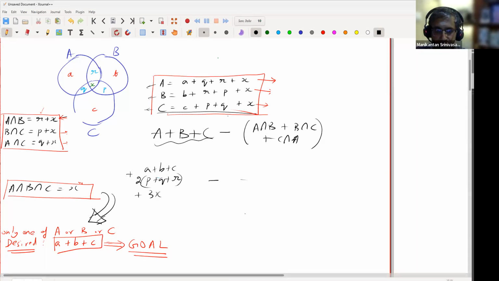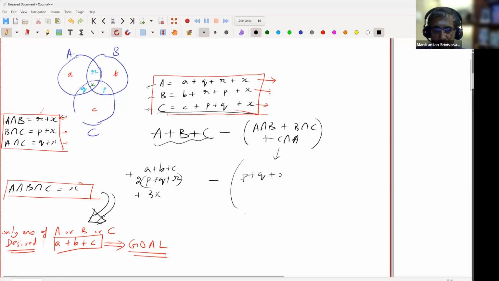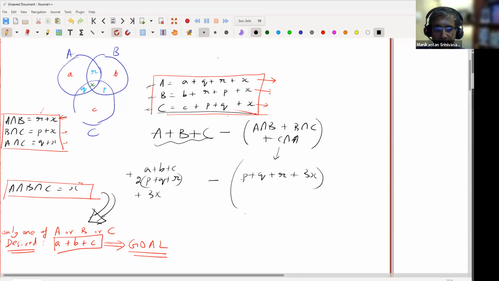And then you're asking me to subtract this quantity. And what is this quantity? This quantity is P plus Q plus R plus 3X. If I subtract, I don't get my desired result. My desired goal is this, no? Oh, so maybe